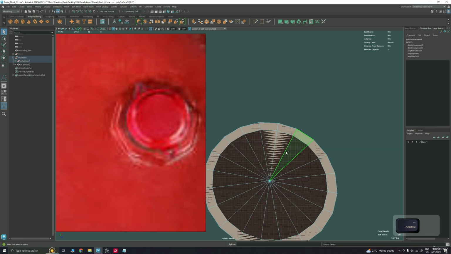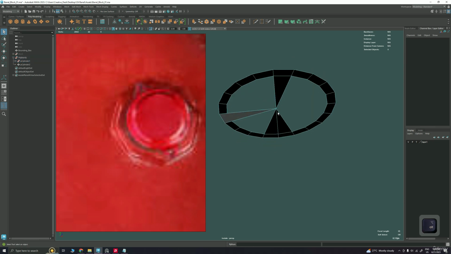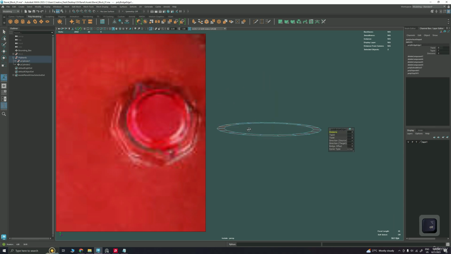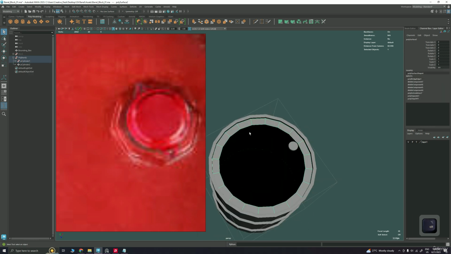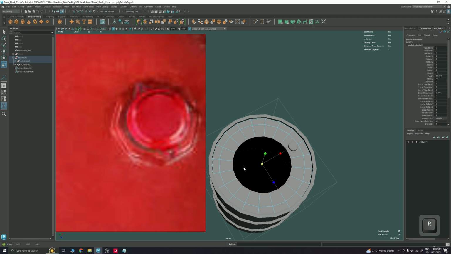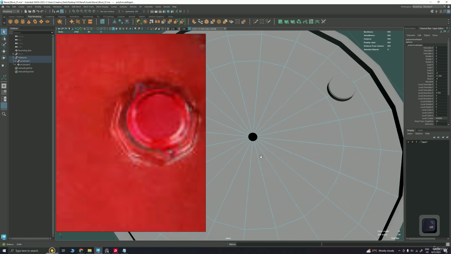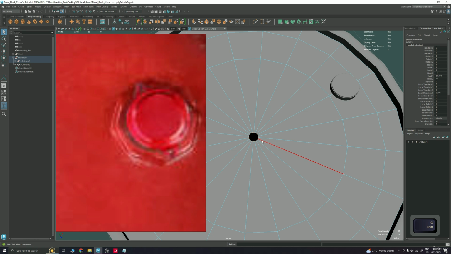Let's select them by the... delete these two, and let's bridge this. Okay, now let's extrude and rescale it inwards. Let's extrude it again, and now while the edge is being selected, you can click on shift, right mouse button,